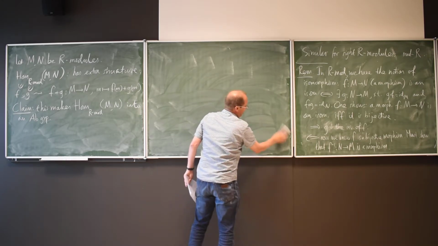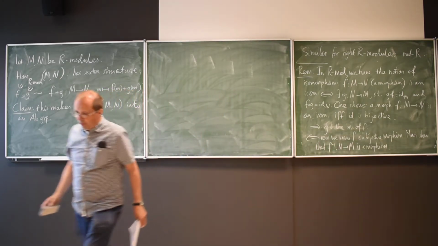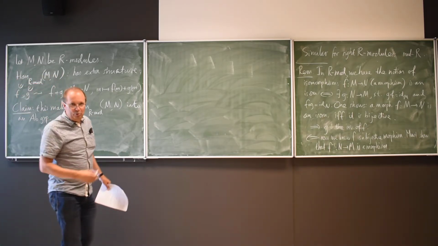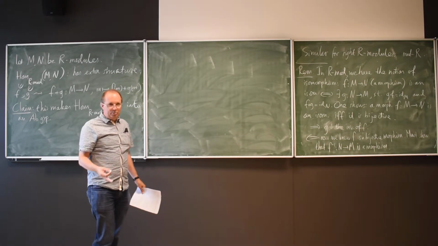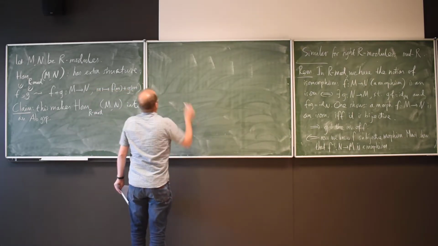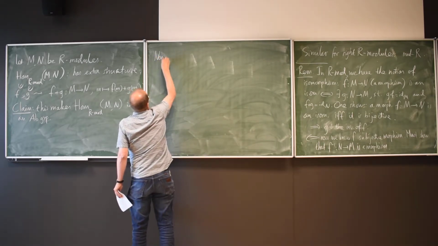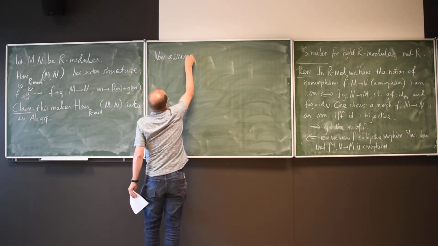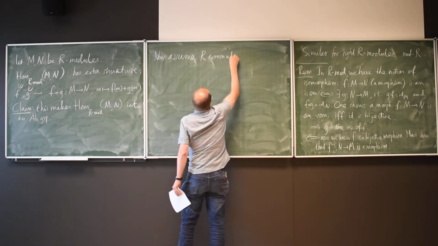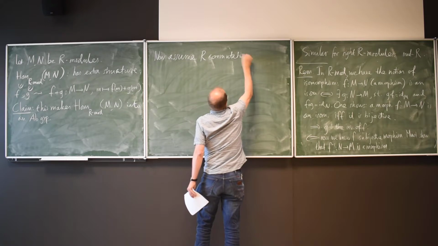So you do not only have addition on it, but you can also multiply by elements of the field. And that doesn't use so much of the field axioms, it just uses that your field is a commutative ring. So now assume R commutative, then